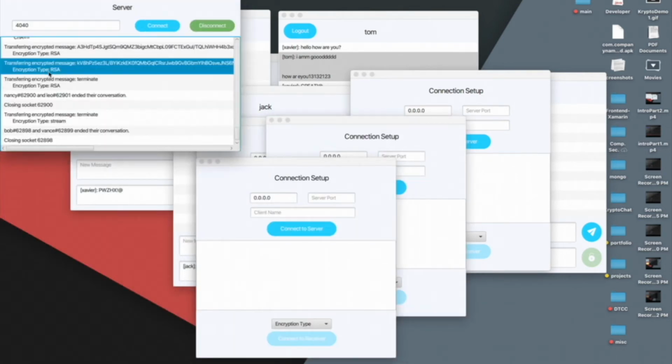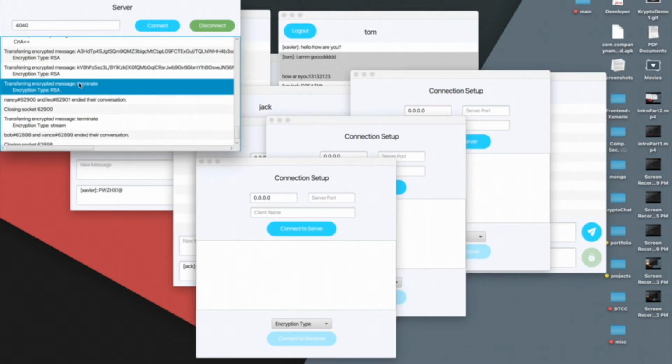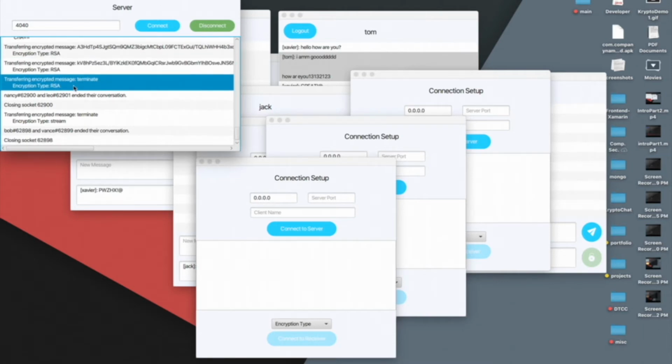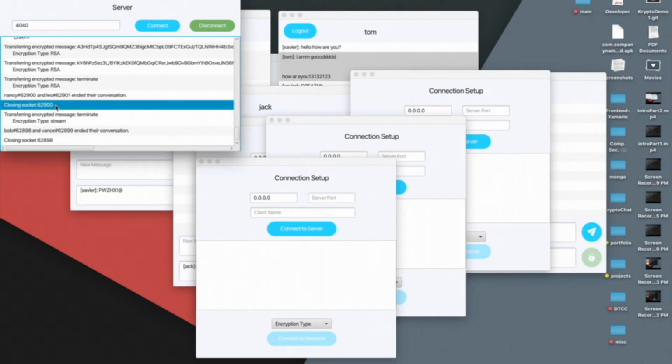And once again, the server can keep track of all of this. It can detect any terminated type messages that they want to send. And then we can end conversations. So Nancy and Leo ended their conversation. And then we can close that socket from the